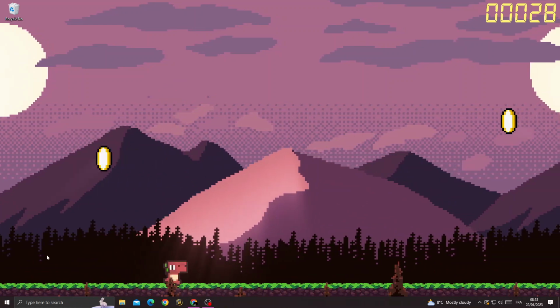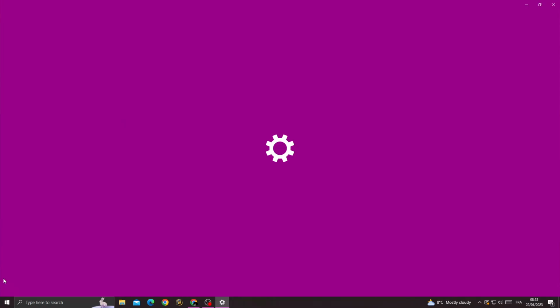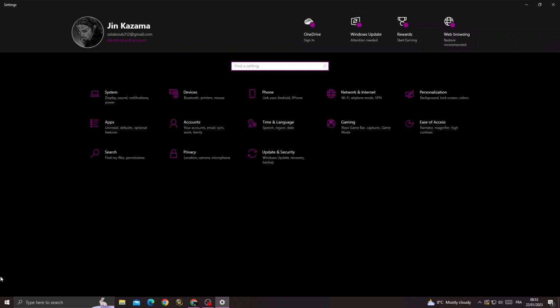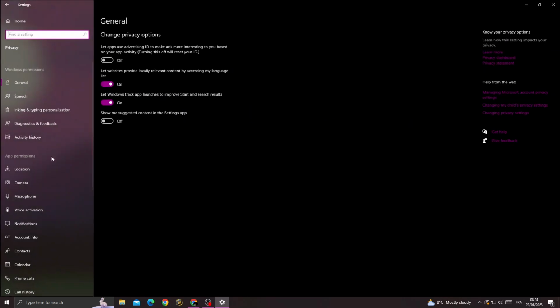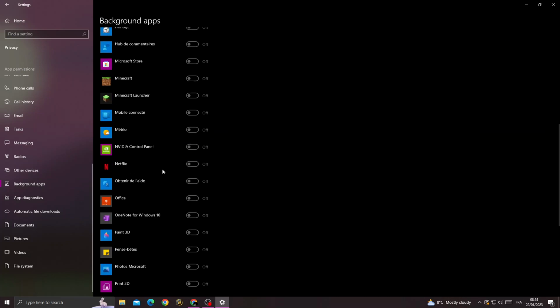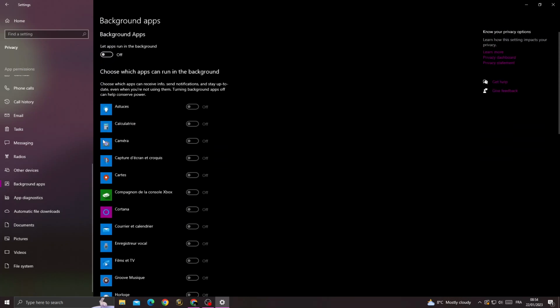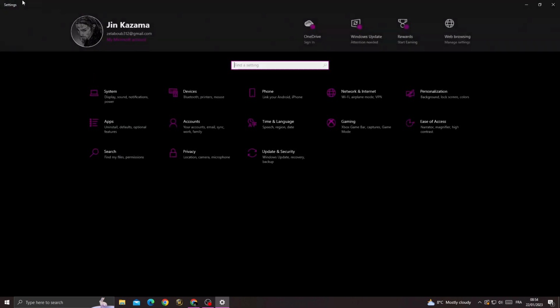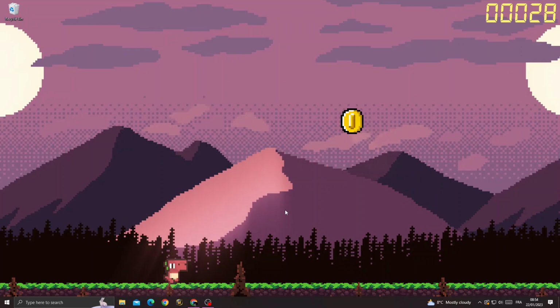If you want to fix it, all you need to do is go to settings and then go to privacy, go to background apps and turn off all the background apps here just by turning off the first option, and after that just